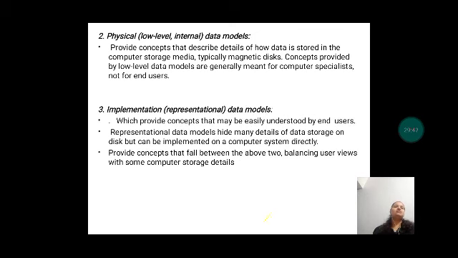That has to be chosen by these models. And then I talked about the implementation model. This provides the concepts that fall between the physical models and the conceptual models, balancing the user views with some computer storage details.